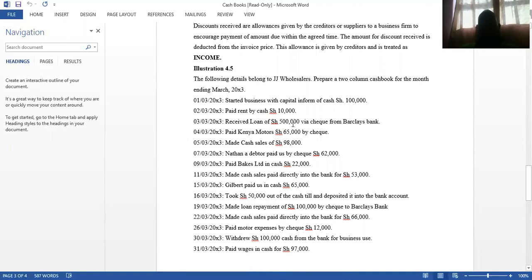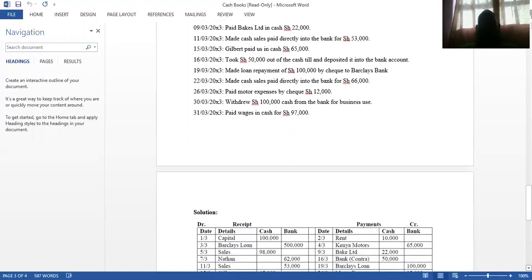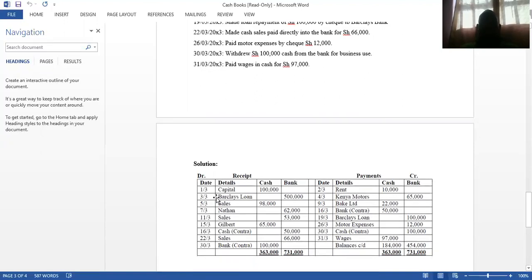We received, so it's supposed to be on the receipt side. So what you do, you come here and you record it as a receipt. That is a bank loan. Because it was a check, you record it in the bank column here. The third scenario,